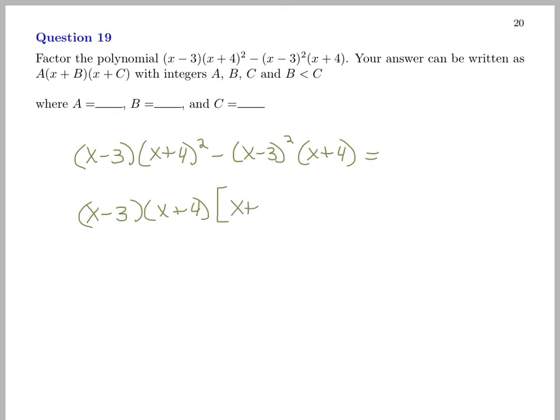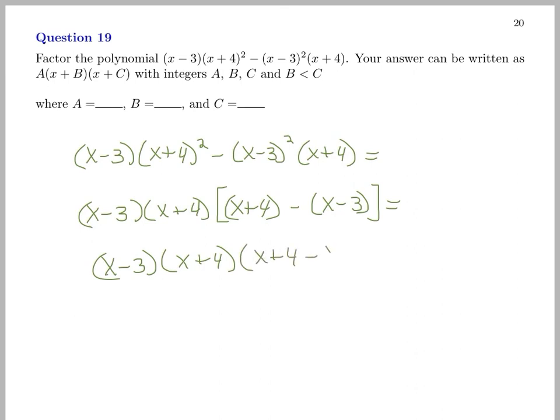We have one factor of x plus 4 left from the first term, and one factor of x minus 3 left in the second term. So this is going to be x minus 3 times x plus 4 times x plus 4 minus x plus 3, because we have to distribute the minus sign. The x's cancel, so we're going to have 4 plus 3 is 7 times x minus 3 times x plus 4,